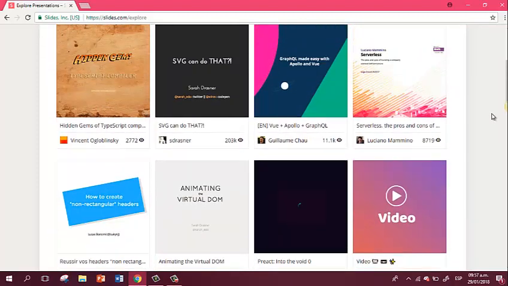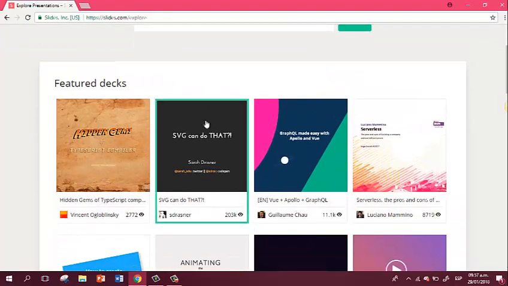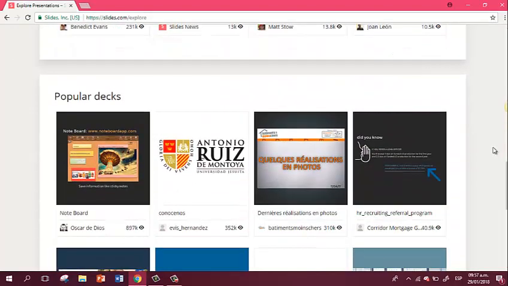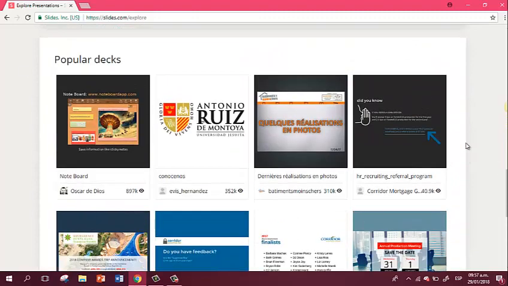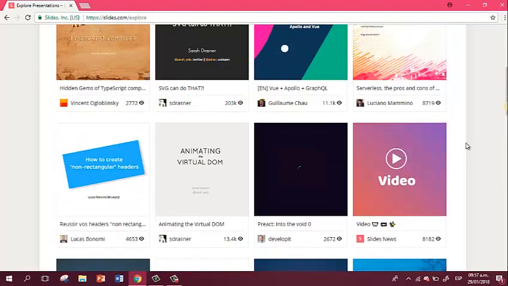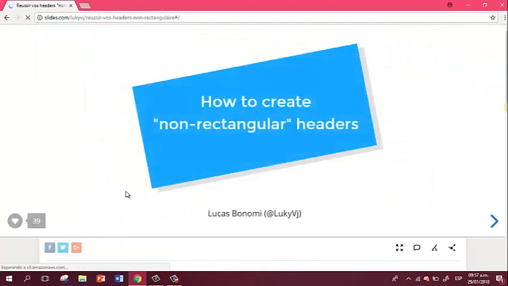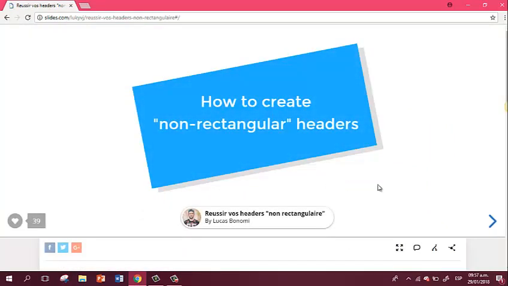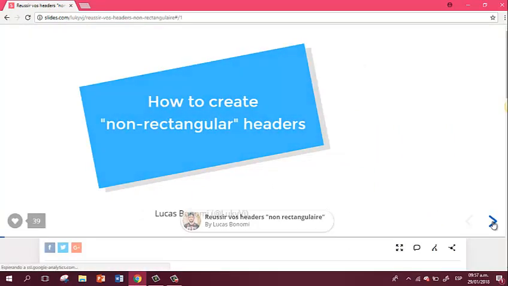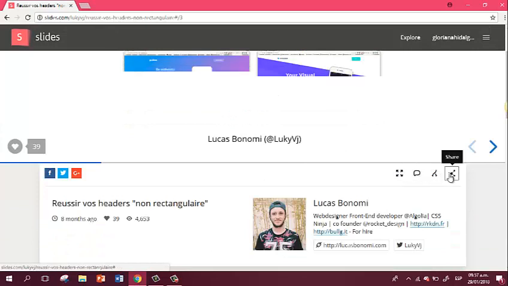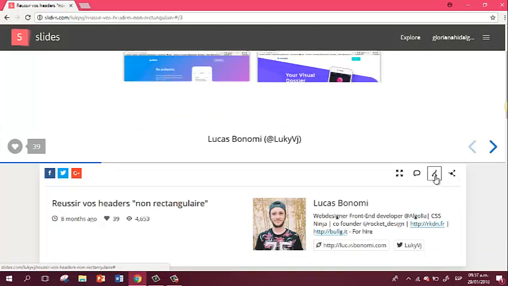Okay, here I have some featured decks. Those are the ones that are more common or more popular, and these ones are others. All of them are free, so I can choose any that I like. And right now this one that is light blue caught my attention. I click there. This is a presentation that is already done. As you can see, it is already done. So I want to use this one, so I just click on make a copy,